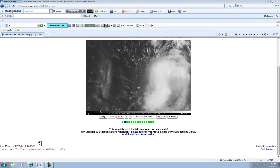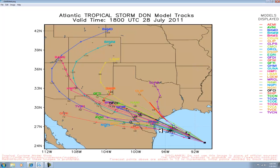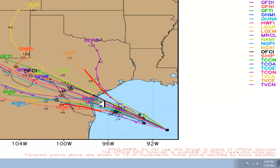Let's go to the model tracks for Don, and as you can see, they have shifted southward, and they've definitely tightened up over the last few hours. You can see the center of the track now is pointing Don in the direction of Corpus Christi, or somewhere in that area, somewhere between south of Port Lavaca and north of Brownsville. So we'll have to see the exact track, but the models do look like they're in more of an agreement here. You can see the center of Don somewhere out here, and they stay in fairly good agreement